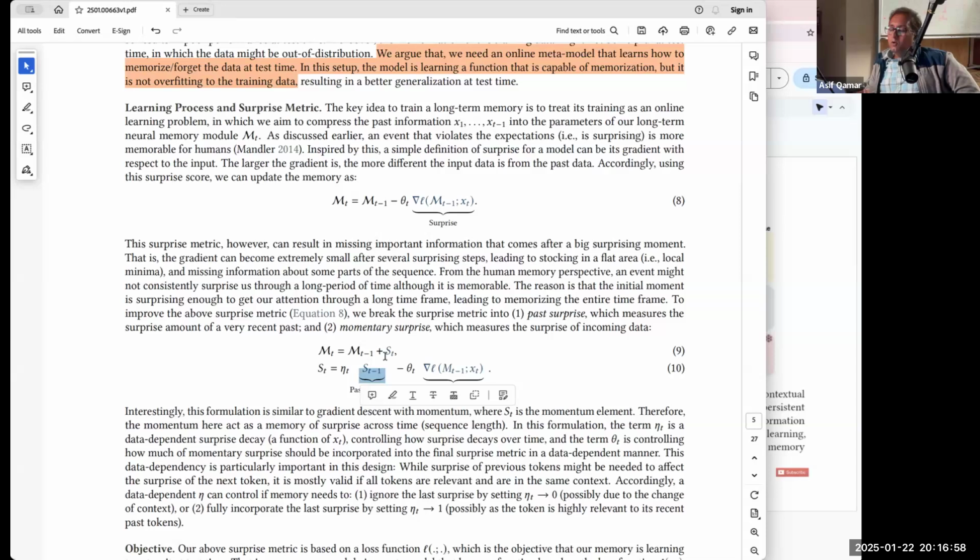As time goes, even the past surprises have to have some decay factor in that. That is part of the decay factor, what they call eta t. For any knowledge or any surprise over time, first of all, if there is no delta, it's not going to be a new surprise. And also any surprise over time will have some decay factor. So that's what eta t is about.